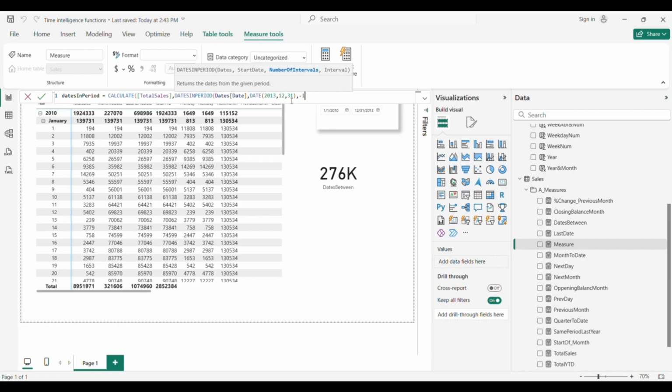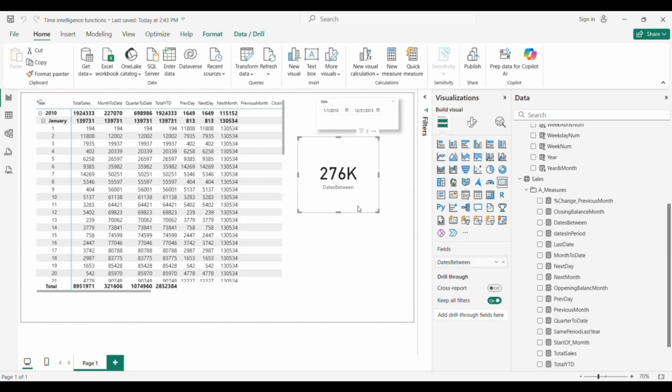So we will say -15, and as an interval we will choose days. So what we want to know in this case is in fact the last 15 days of December. We want to know how much sales we had there, so we just need to close parentheses now.